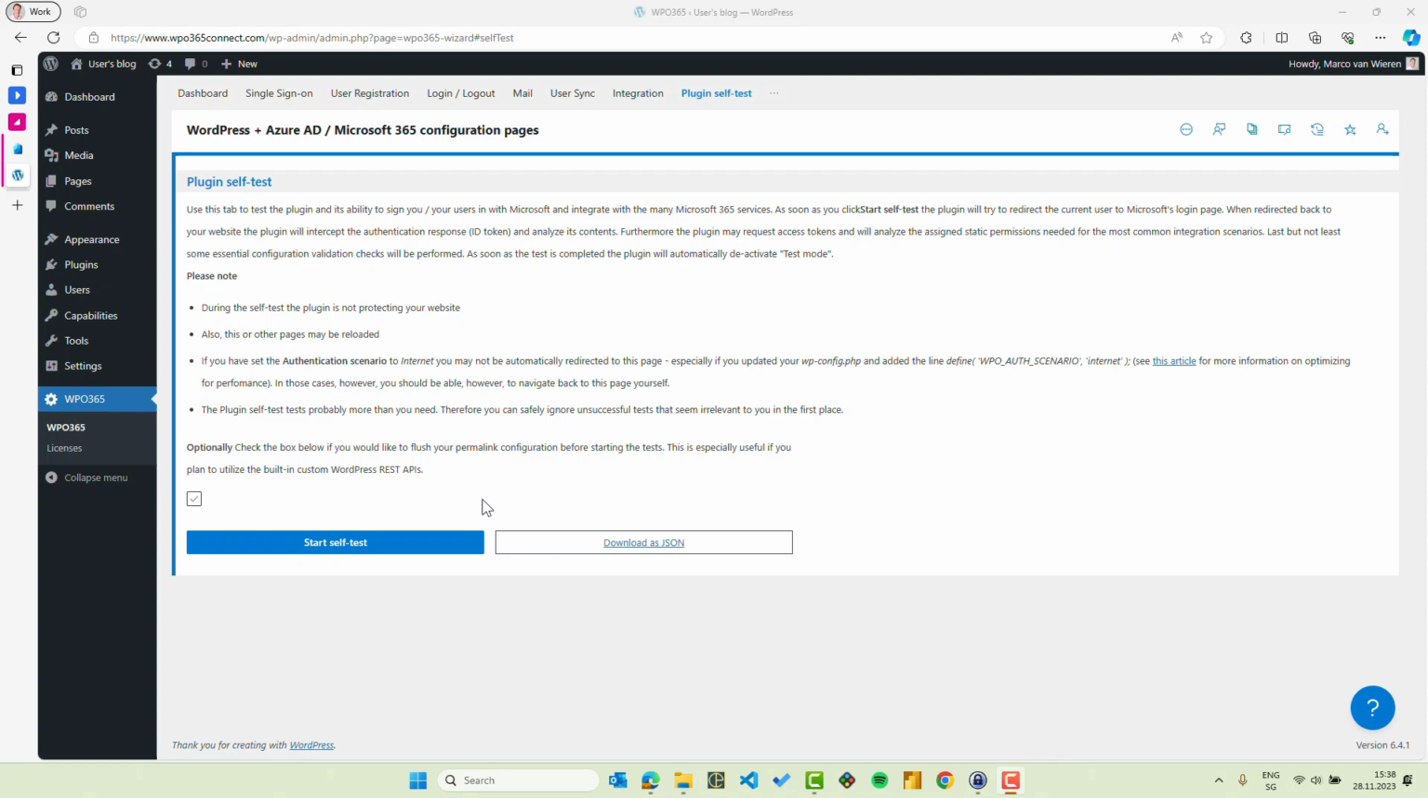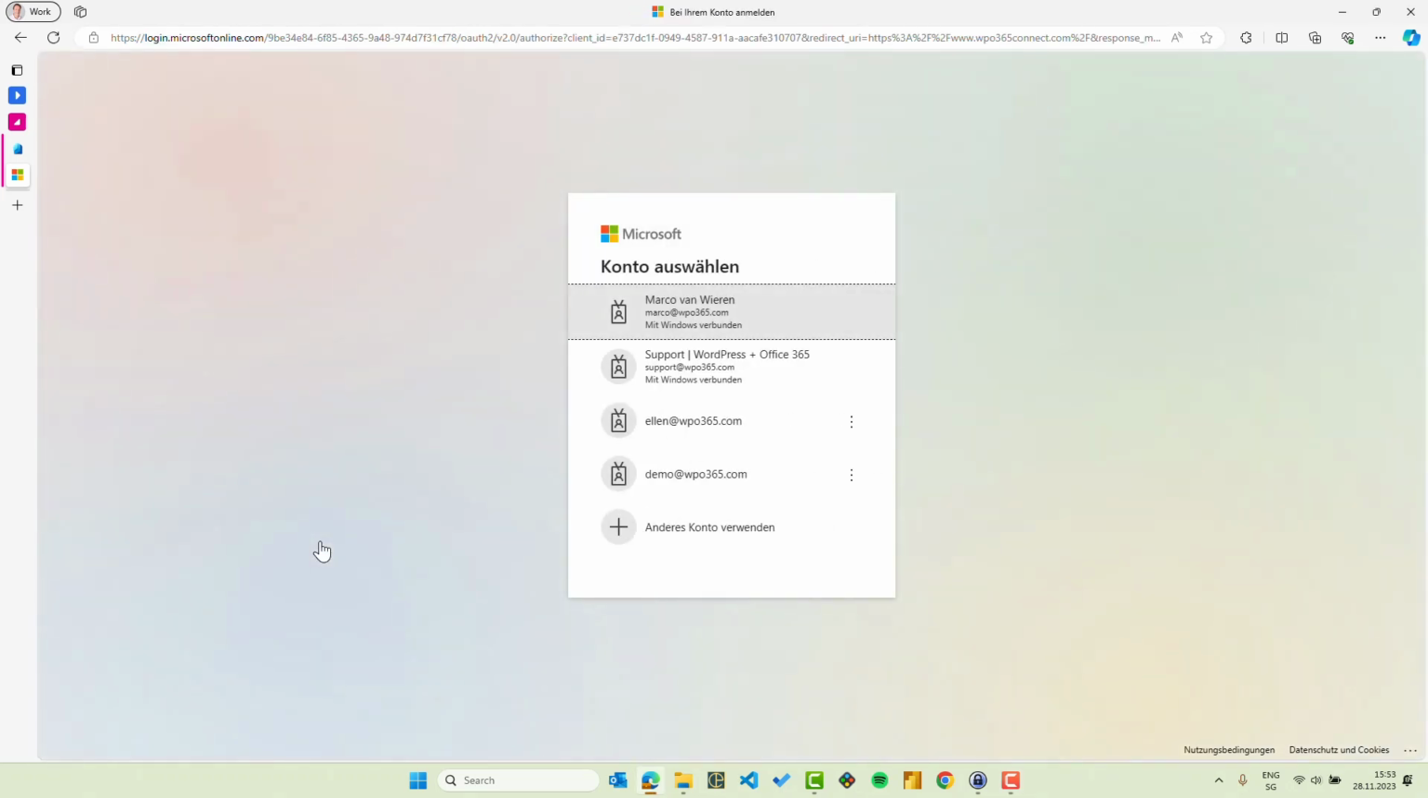After I saved my updated configuration for the Application Access Integration portion of WPO365, I am automatically taken to the plugin self-test. So let's click to start the self-test. I am asked to sign in because I also configured the single sign-on portion of this specific instance of WPO365. So I sign in,